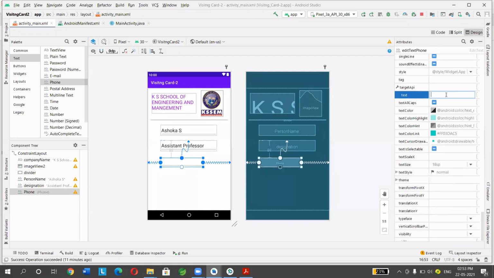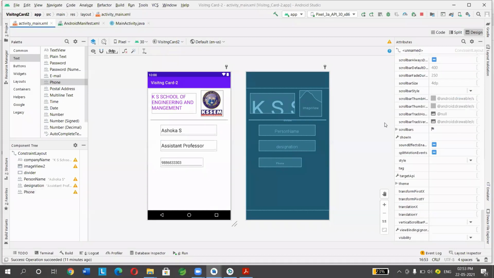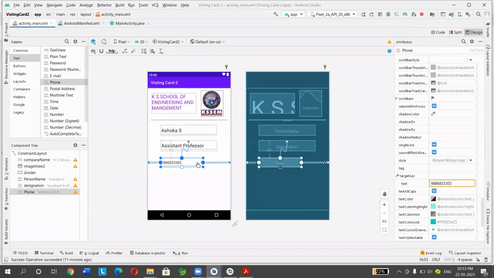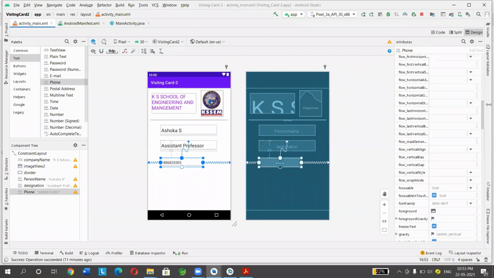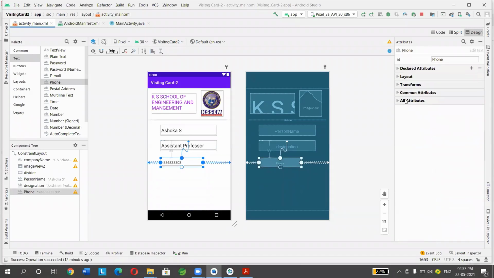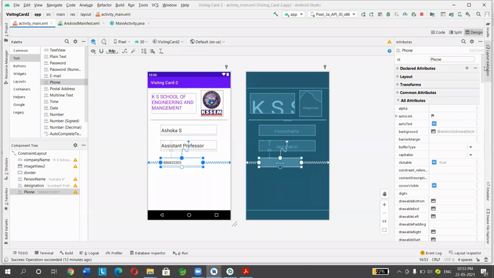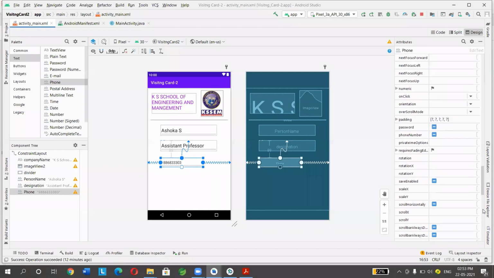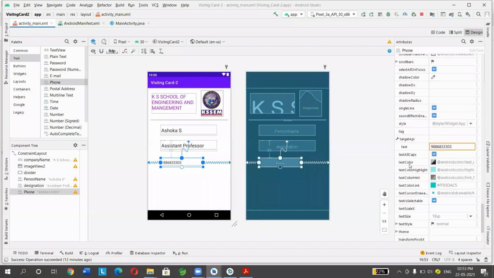In the text you need to type your number. Can you see? It will show the number. I'll repeat: in order to place your number here, click on this and go to all attributes. There you search for text and it will be placed.